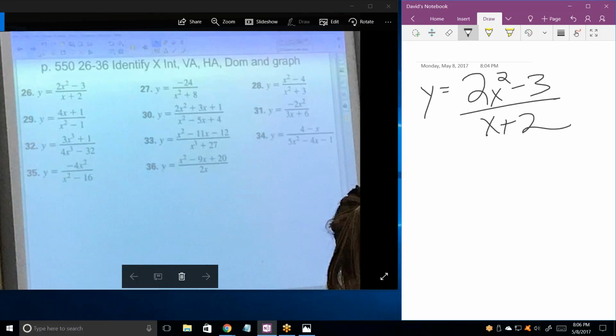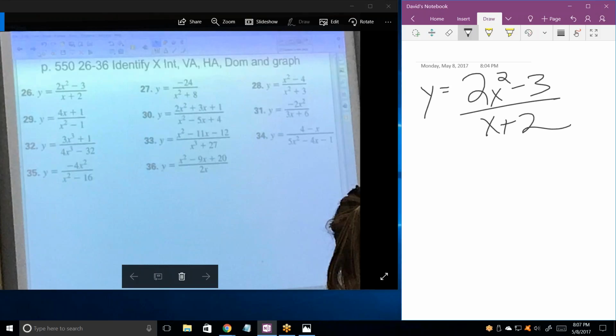The reason is because the degree in the numerator is greater than the degree in the denominator. And you see why? We got an x squared in the numerator and we only have an x in the denominator. Whenever that is the case,